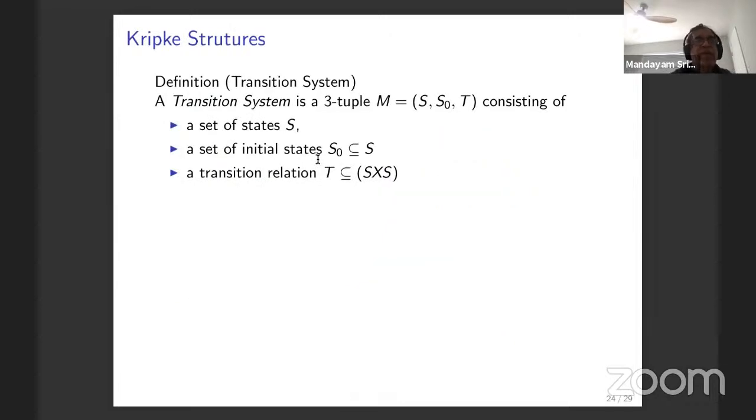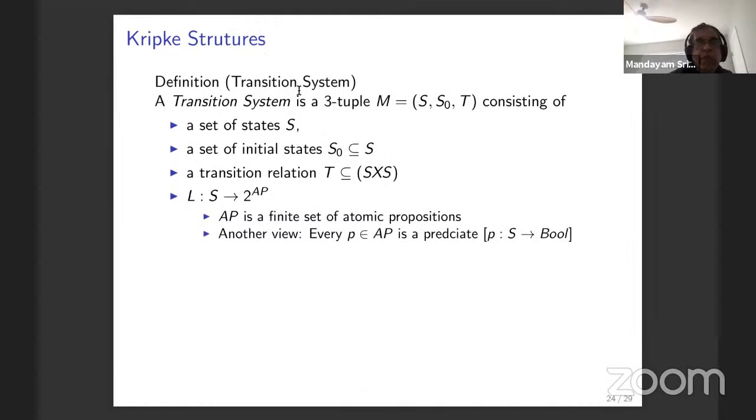So what are Kripke structures? This is a logical concept. It's kind of an extension of what we have defined as a transition system. Sometimes a Kripke structure is also called a labeled transition system. So in addition to the three components that you already see as being part of the definition of a transition system,